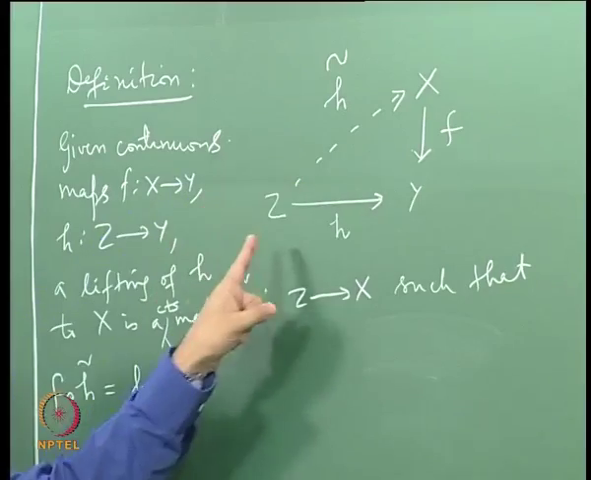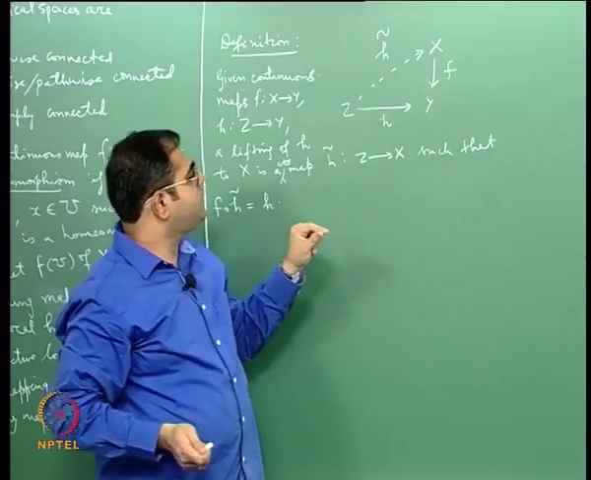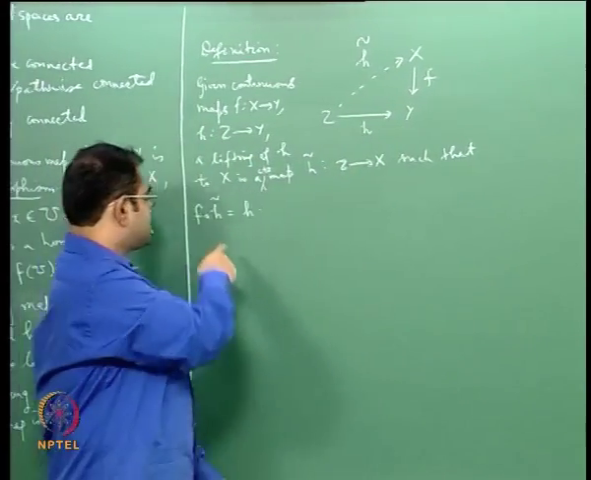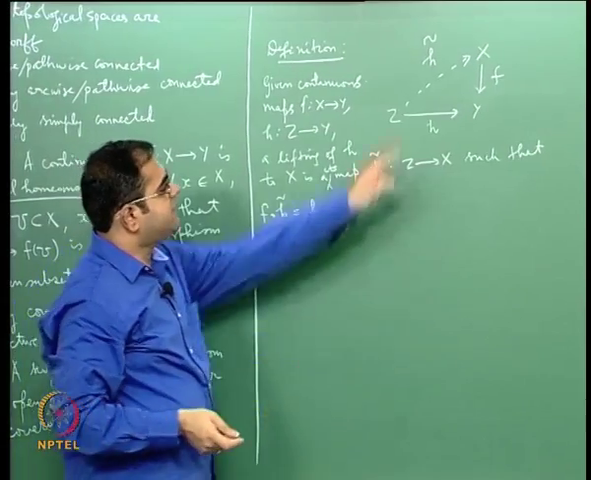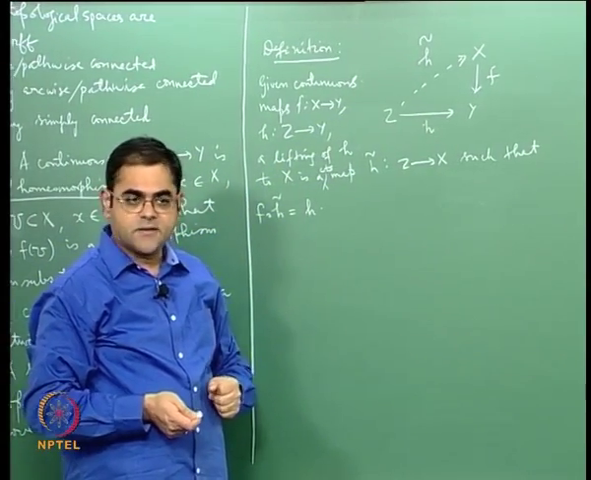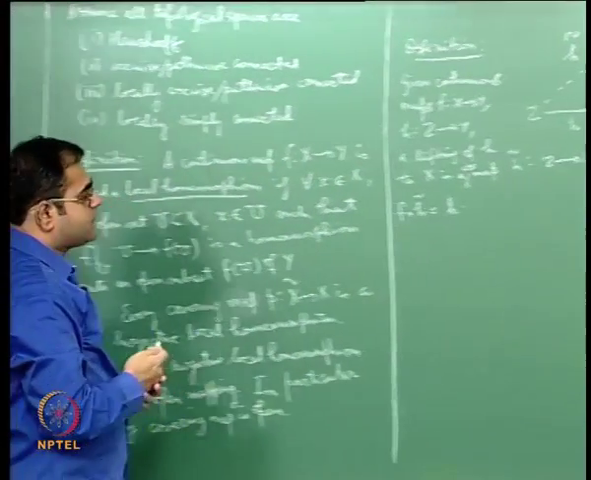What has happened is that this map h has been lifted to a map h tilde. And why do we call this a lift? Because this followed by this is this, that is this condition. So we say that h tilde is a lift of the map h. Now there is a very nice